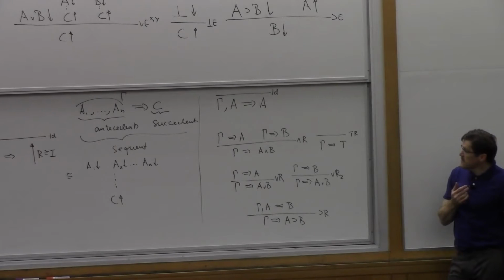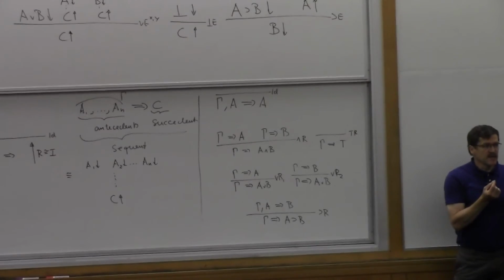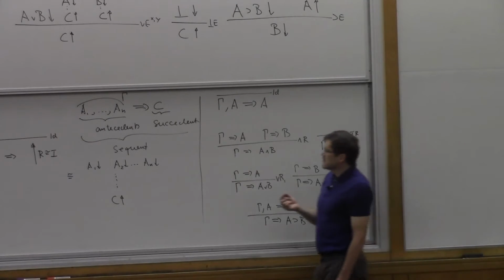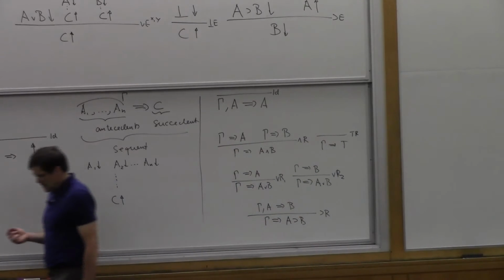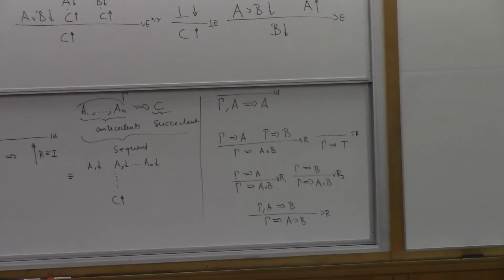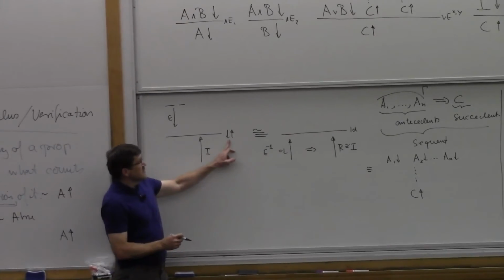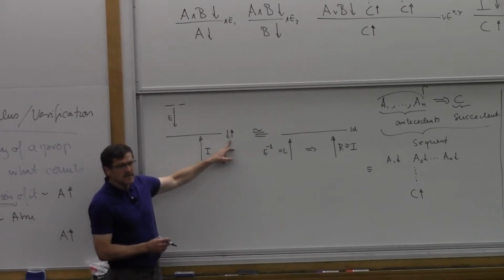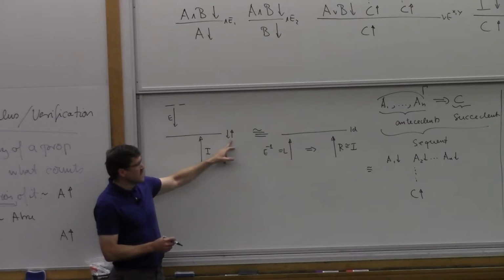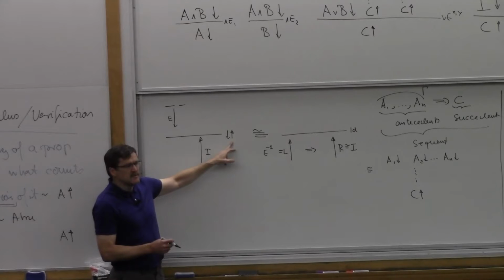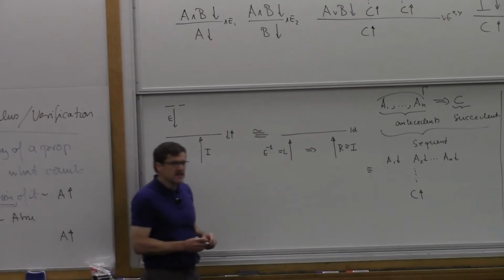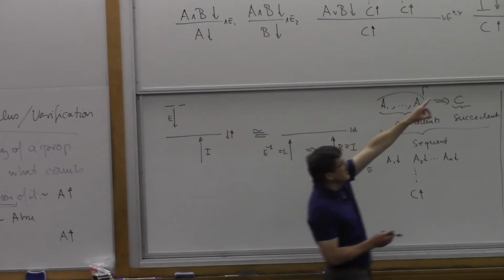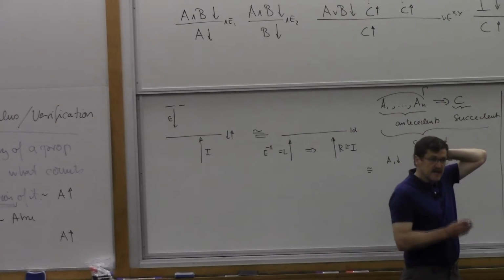No, the ID rule is neither right nor left because it's not concerned with any connective. Sometimes we call it the structural rule, or sometimes a judgmental rule. It's like the up-down rule, which holds for arbitrary propositions. It's just plumbing together the different judgments, up and down. That's why I like to call it a judgmental rule, because it's about the connection between the up and down judgments, the verification and the use judgment.